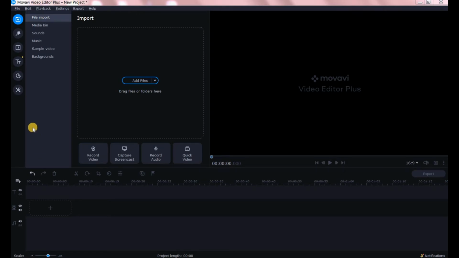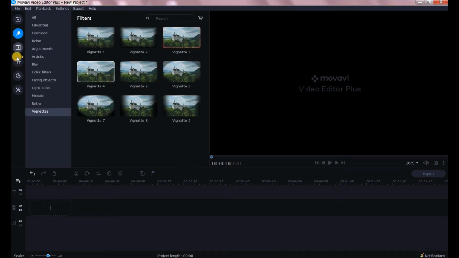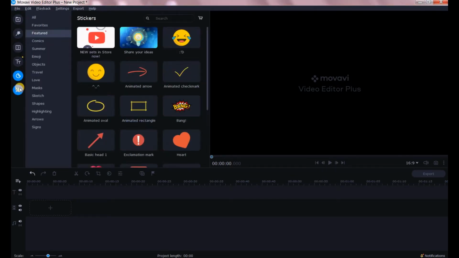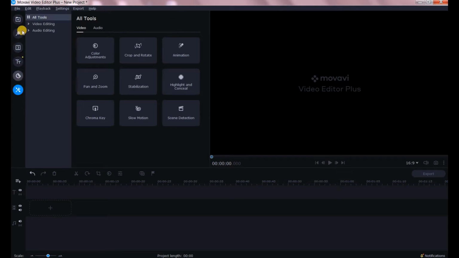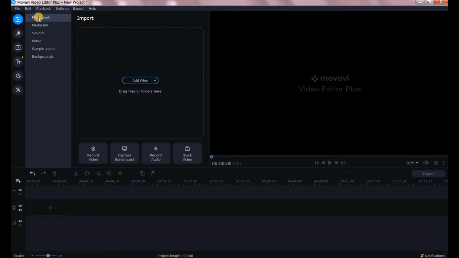Today I will show you how to create a simple video in Movavi Video Editor. I hope that you installed Movavi on your computer. So let's get started. On my left side we have the toolbox, from where we can choose various objects and put